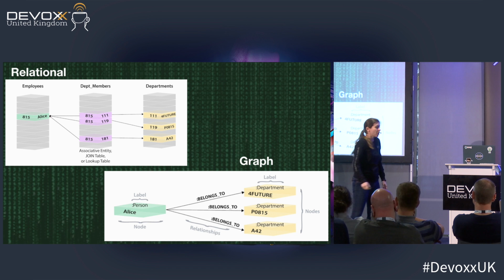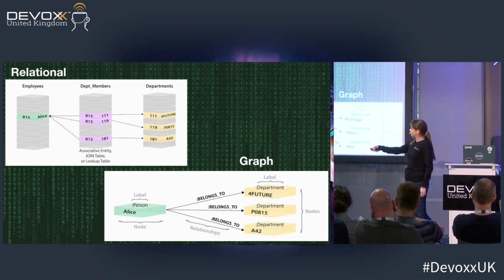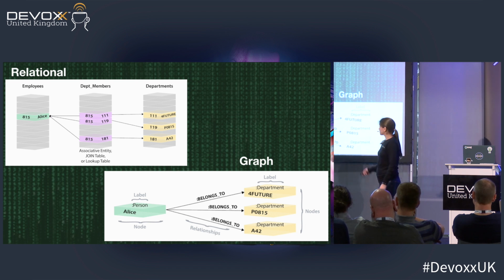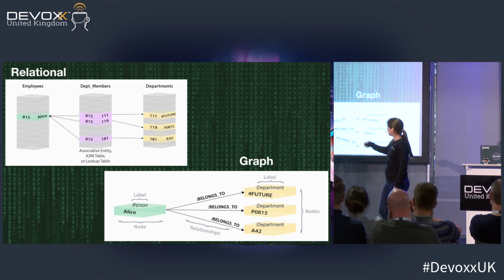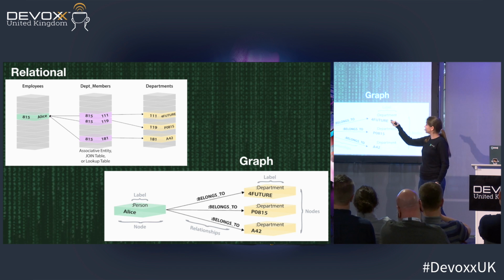she works for. Whereas in graph, again, we're breaking down these structures into the individual pieces, so I'm just finding Alice's node in the database, and saying follow the belongs to relationship and find out which departments are on the other end of that relationship. So it's only connected to the 3 that are related to her. There's no need to scan the entire table and look at all the rest of the departments to find that